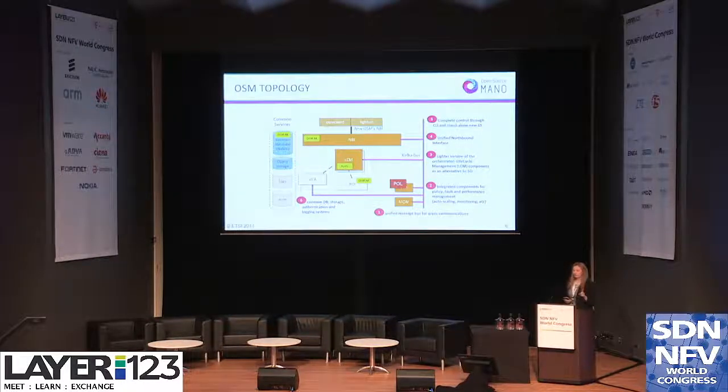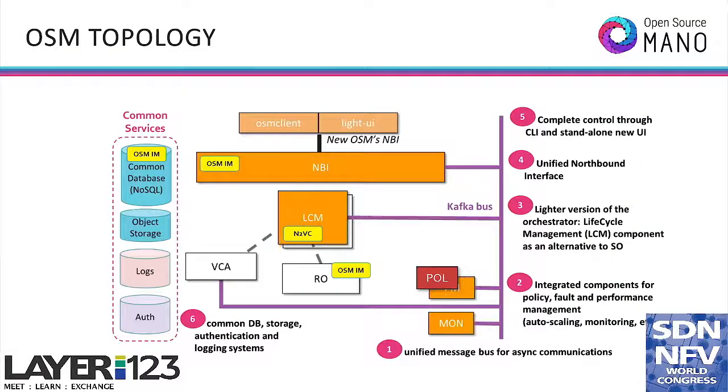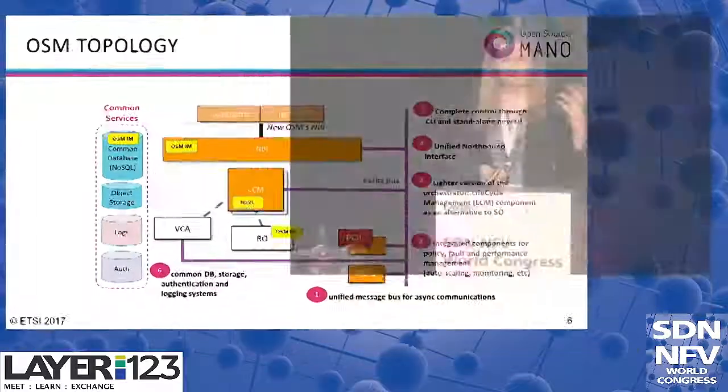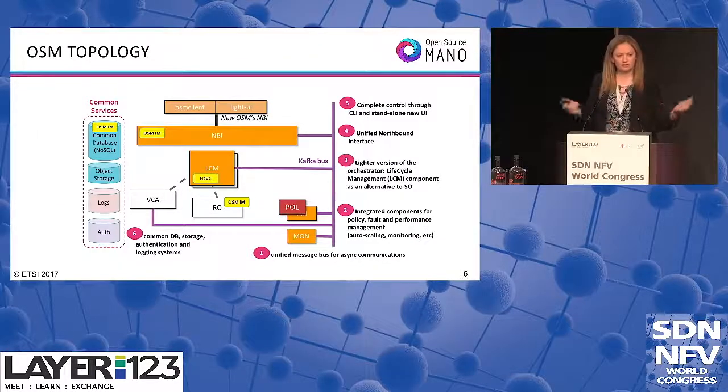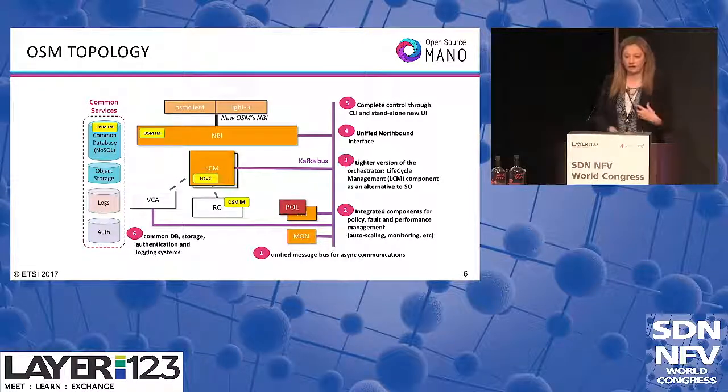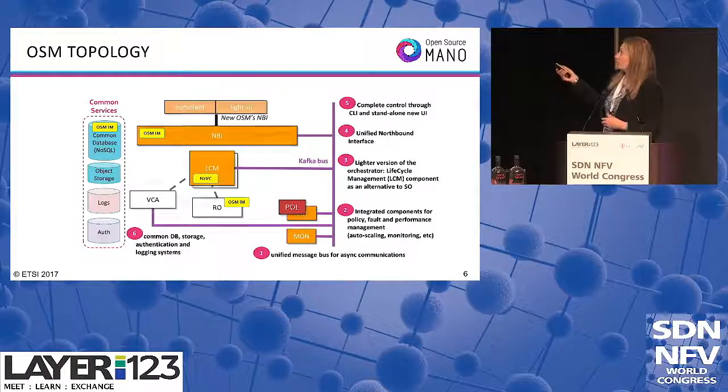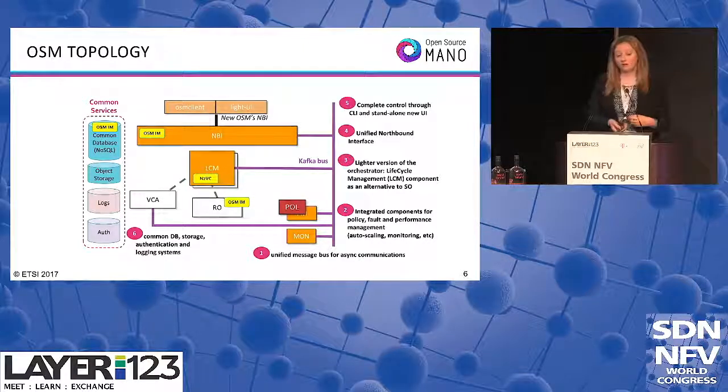This was a big pivot in OSM release 4. Previously, we had different interfaces to the various components, and it made integration northbound extremely complicated. You had to learn 5 different northbound APIs and then figure out how to sequence those operations yourself. It was untenable and not very useful. And so now we've married that all together into one common northbound API, so that it's very simple to integrate